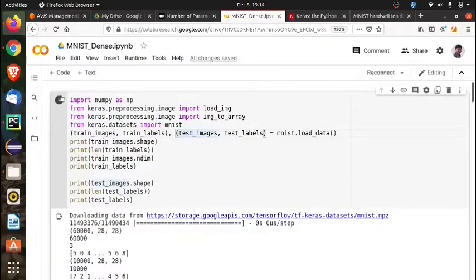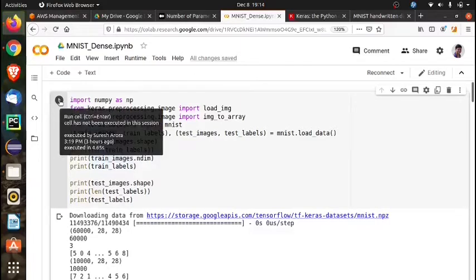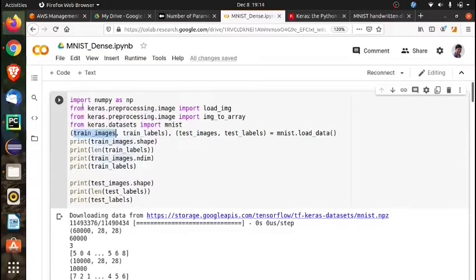Now when you run this command, it will download and store the data in these arrays like train images or test images. Let's start by executing this particular cell. You can see that it starts downloading.